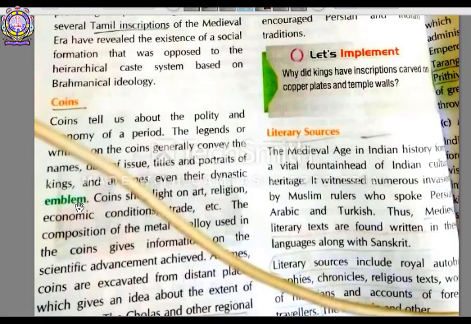Means what the kings did of that time, for giving more and more information, they wrote some things on the coins. They ordered to write some things on the coins. We can get the information about which dynasty was there. What is the meaning of dynasty? Dynasty means